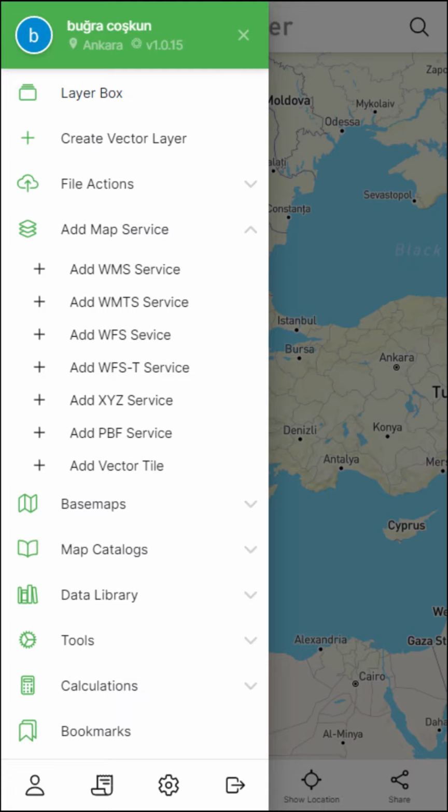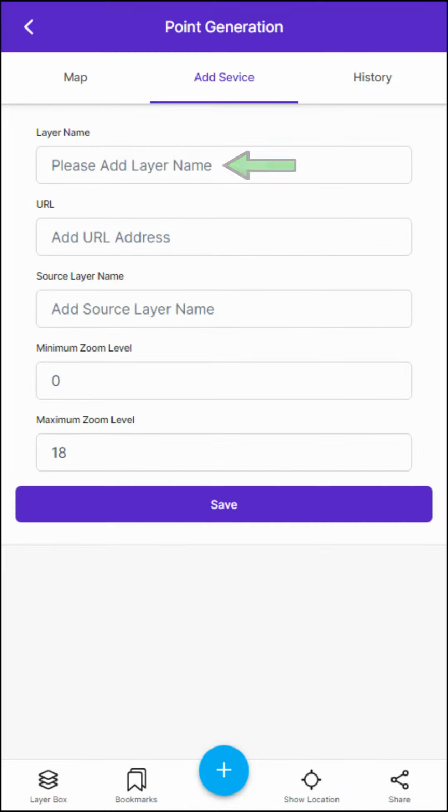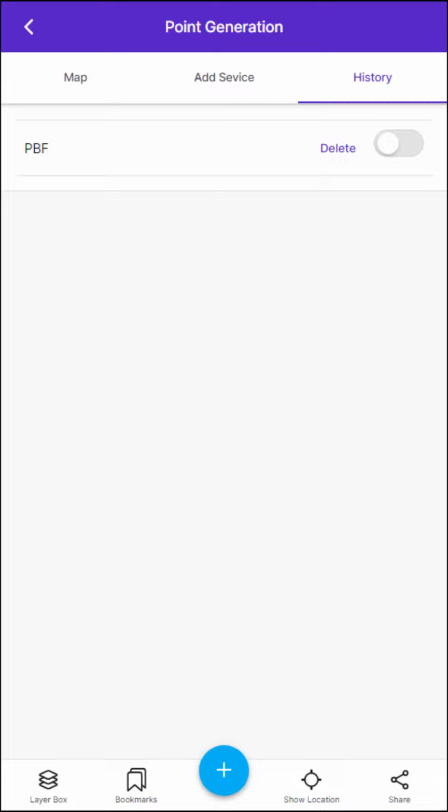Adding PBF Service. In this tutorial video, you will learn how to add PBF Service. When we click on the Add PBF Service from the Add Map Service menu on the left menu, the layer name, URL address, minimum and maximum zoom level, source layer name information is filled in, and the Save button is clicked on the Add Service page in the panel that appears, and the PBF service is added to the map